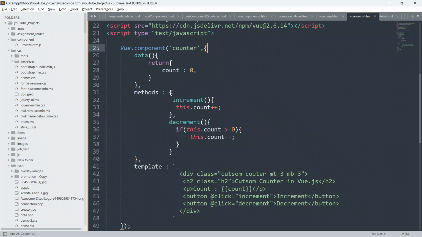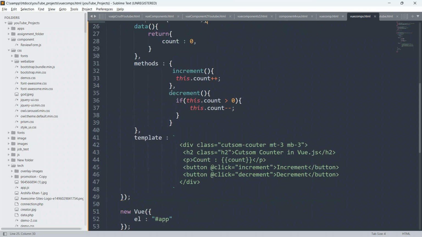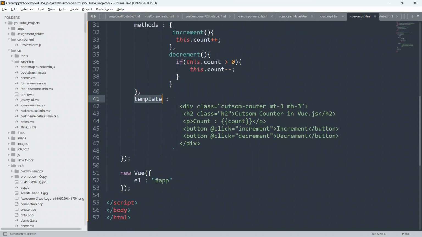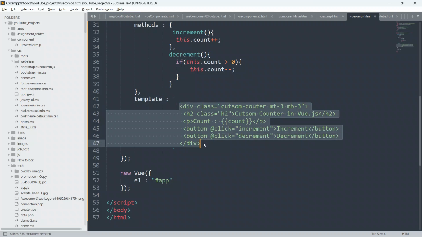also. You can define computed also. You can define created also. You can define mounted also inside the custom component. Okay, and guys, inside the template you have to give a colon and backtick, and inside the template you are free to define any kind of HTML element. You can define an entire form, you can define an entire slider, you can define an entire part of your website, a part of your application inside the template.